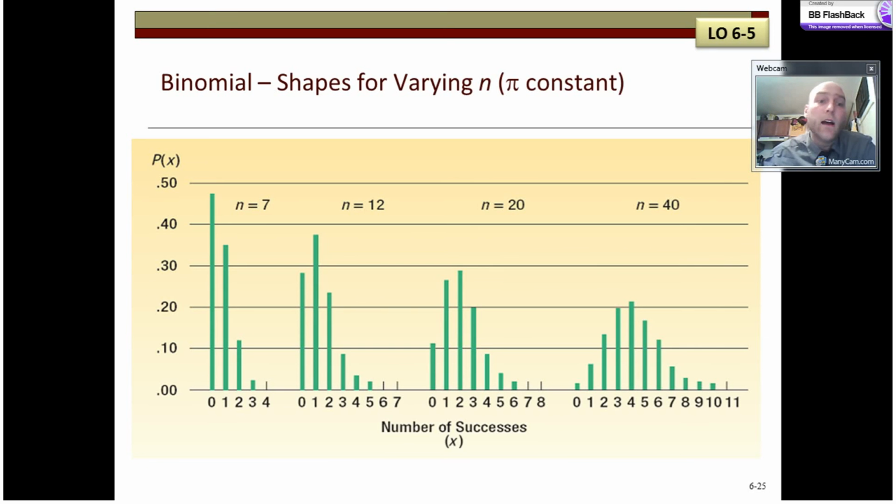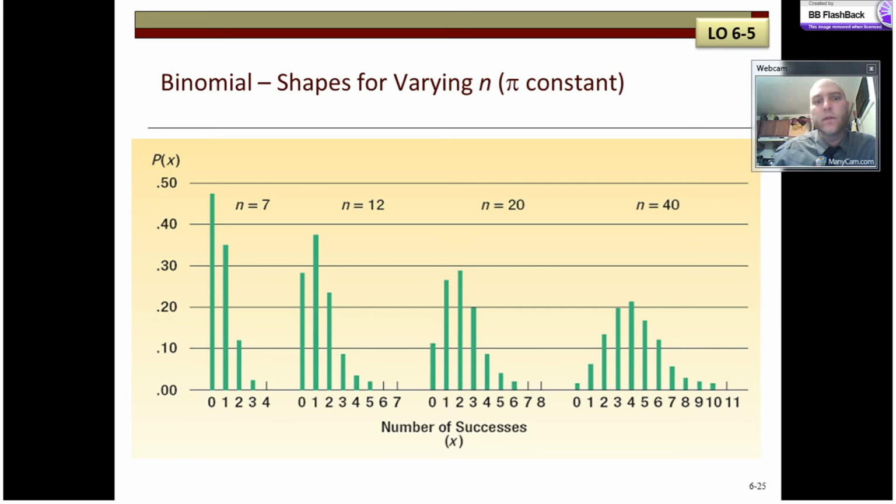For example, on the far left, if I have 7 trials, this says that it's not very likely that I succeed. Given 7 trials, it doesn't even say that I'm going to get more than 4 successes. But if I go to the right side and say, if you take 40 tries at it, it looks like there's even some possibility that I'll get 7, 8, or 9 successes. That's how these things vary in shape, that you can maintain the probability of success. And if you increase the number of trials, you also increase the potential number of successes, as well as the